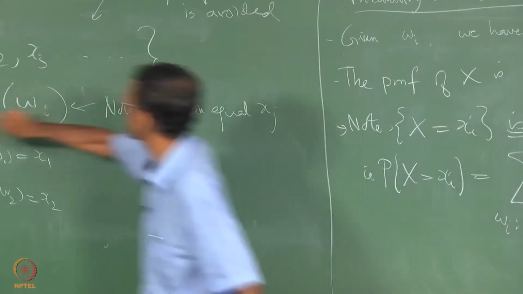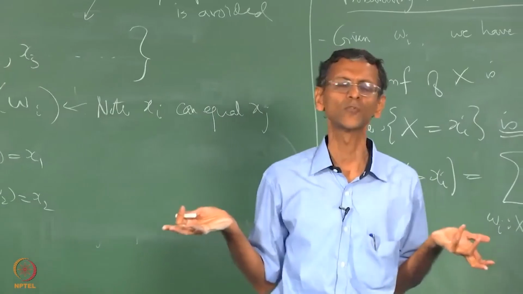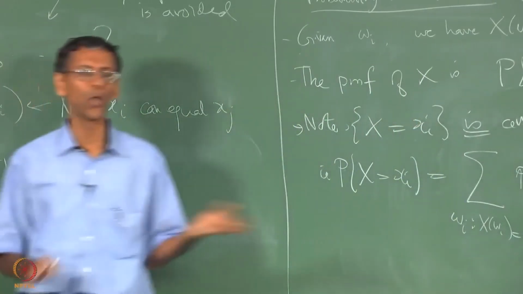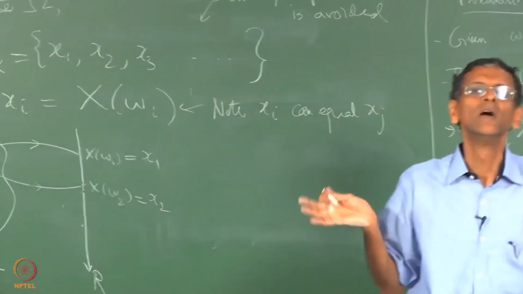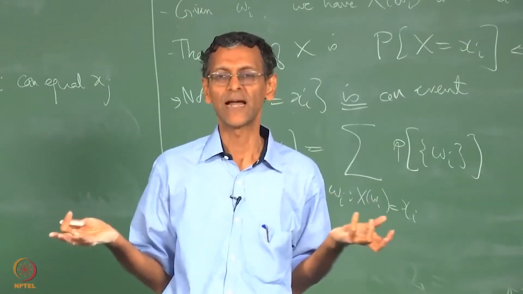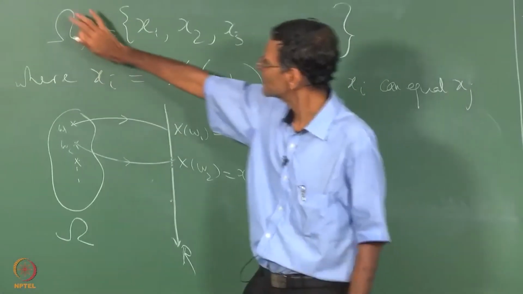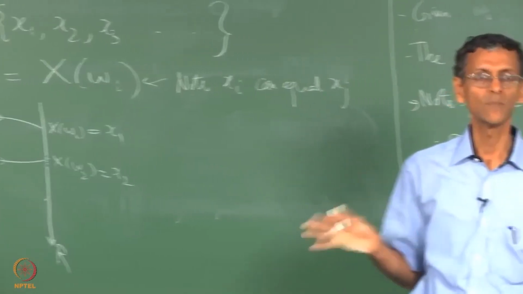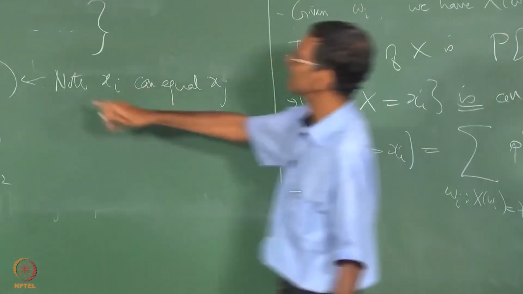As long as you have done this mapping correctly, this will almost follow suit by itself; you do not have to worry so much about it. It is just nice to not have to worry about all of R. This is the only reason I am bringing in this notation omega x: to tell you that for a discrete omega there is no reason to worry about all of R. It is nice to know that you are never going to go outside of some countable set omega x, that is all. Otherwise, you are only interested in this.